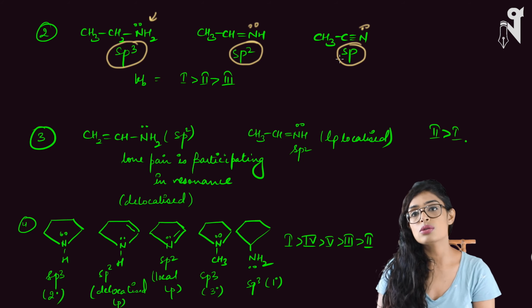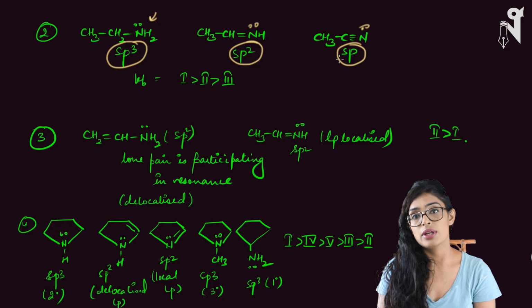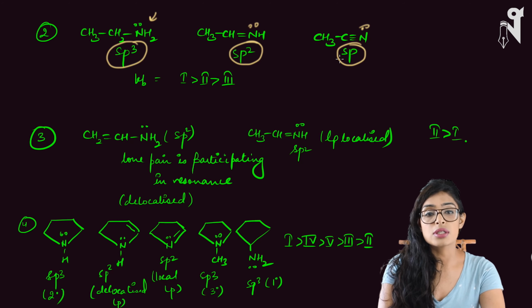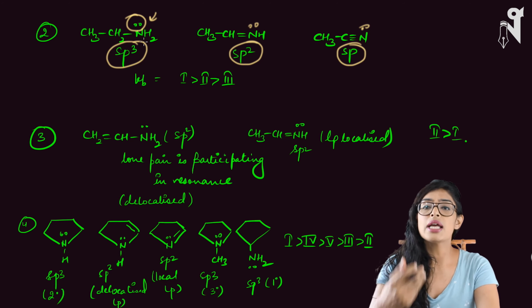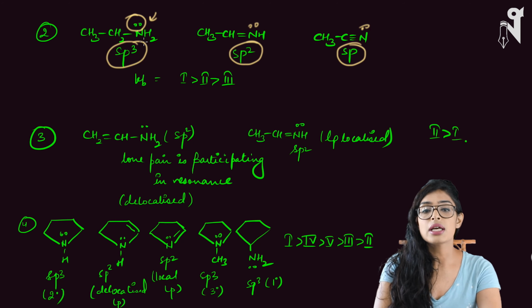But for the same atom also, if its electronegativity is increasing, it would not like to give away its pair of electron, right? So when I have to talk about the Kb, my first will give the electron density more easily because it is less attracted towards the electron, because it is least electronegative, and hence it will easily like to give away its electron density. So first is most basic, then comes your second, and then comes your third.